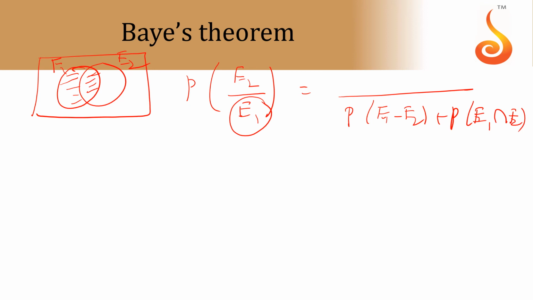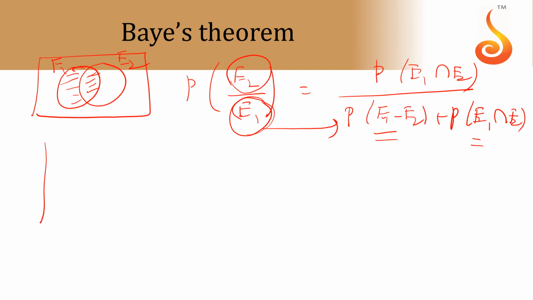So the denominator is called a total probability. In that I want favorability for E2. So which part of this denominator will go to the numerator, you have to decide. So really speaking, it is conditional probability where the condition will be split into as many parts as possible. So you can extend Bayes theorem for any number of sets.